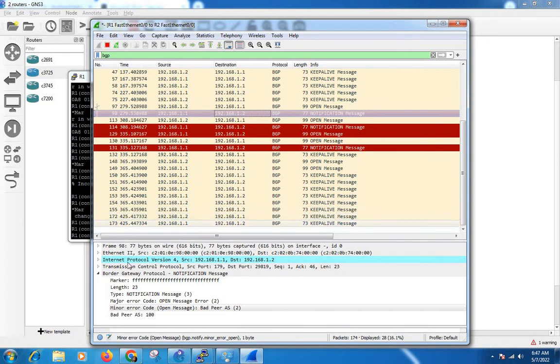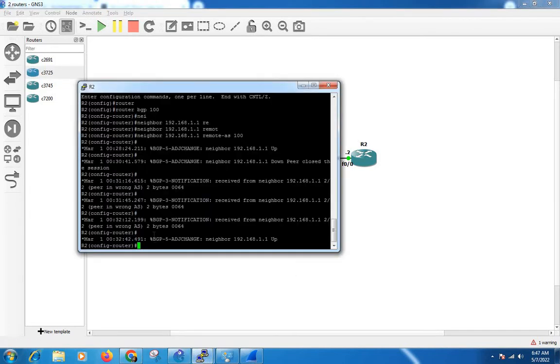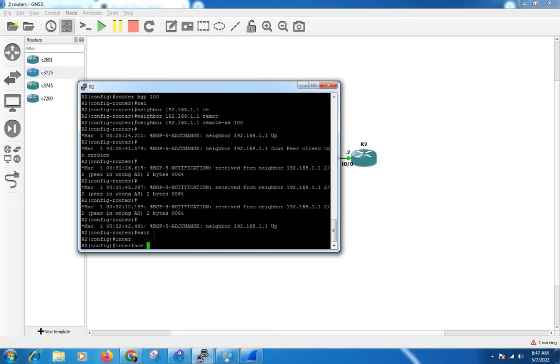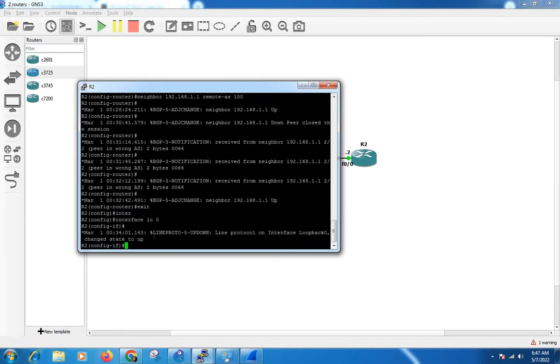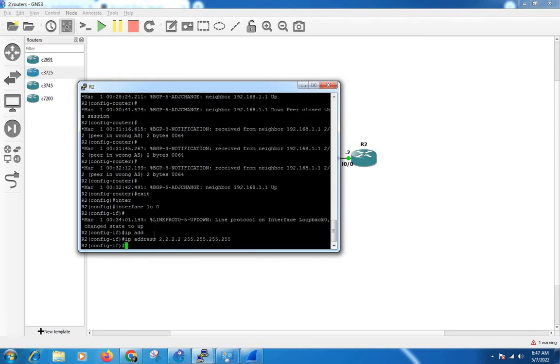I'll create one here also. In R2 we will create one loopback, interface loopback 0, IP 2.2.2.2. Sorry, I have not advertised that network.